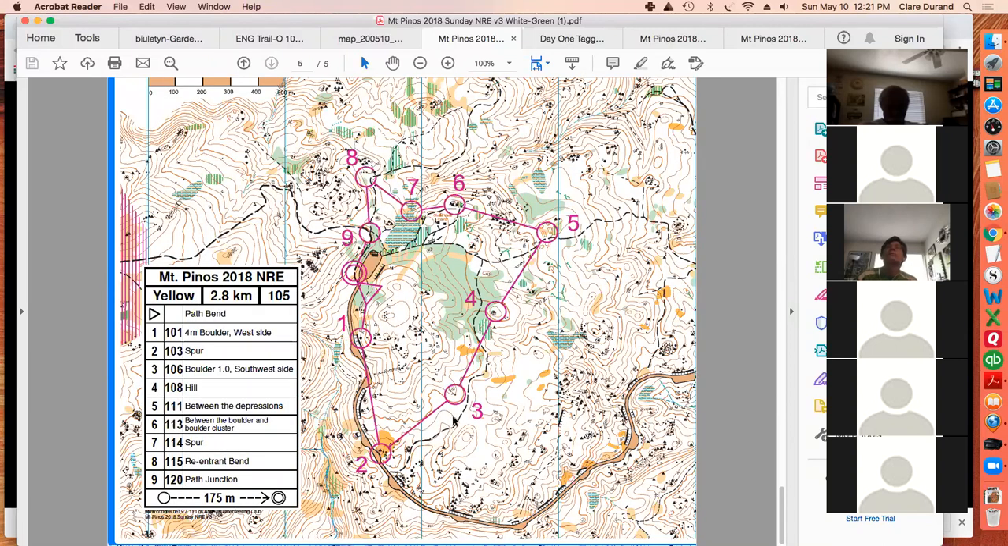But then once they go up this trail, they're not doing the same controls. They're doing the same trail, but they're looking at some different things off trail. And then they do something different. So this part of the course was different. The back part here was both different and definitely more technical,